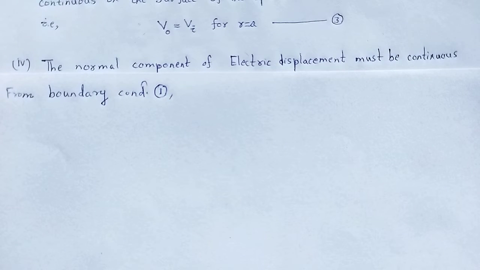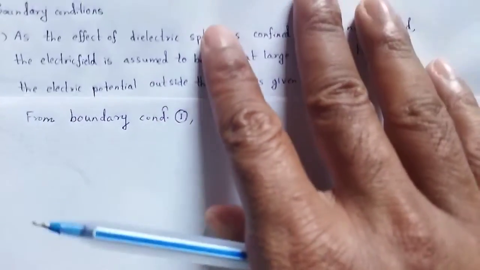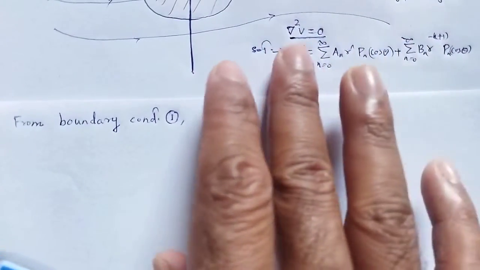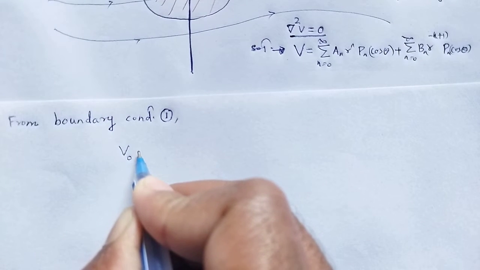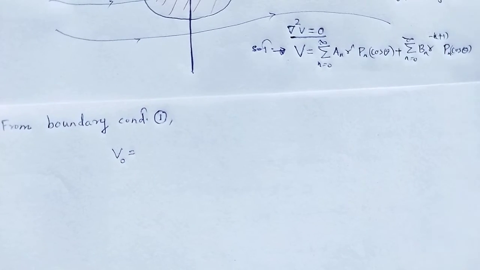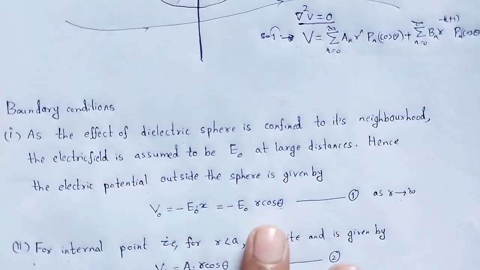We find that the potential contains only the cos theta terms. So, the potential, we can use the expansion of that equation. Therefore, V naught, this is the first boundary condition, V naught is equal to minus E naught x, that is minus E naught r cos theta,